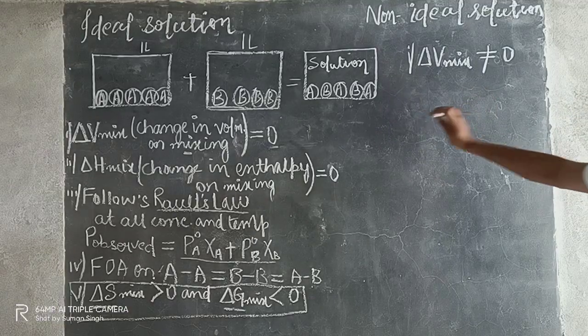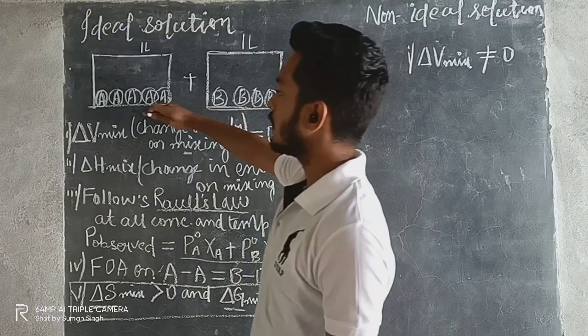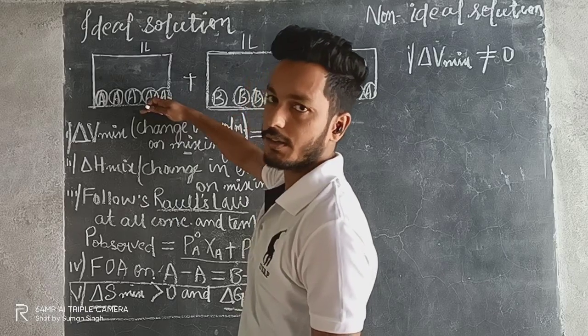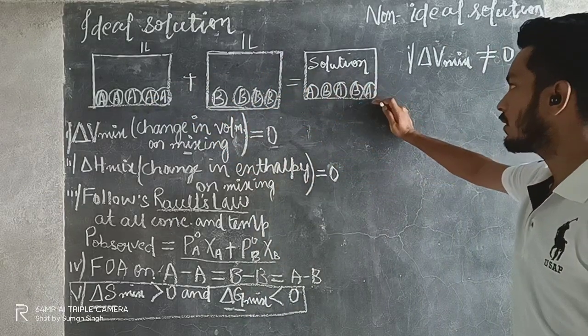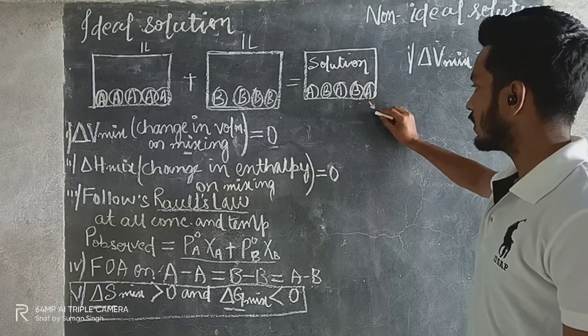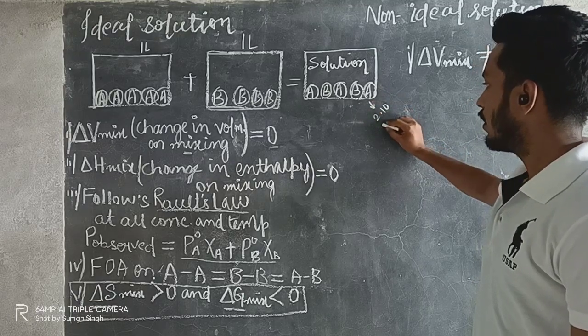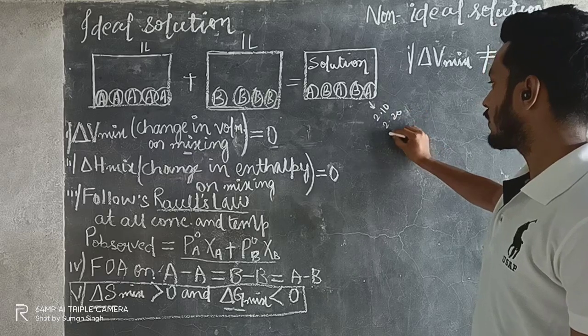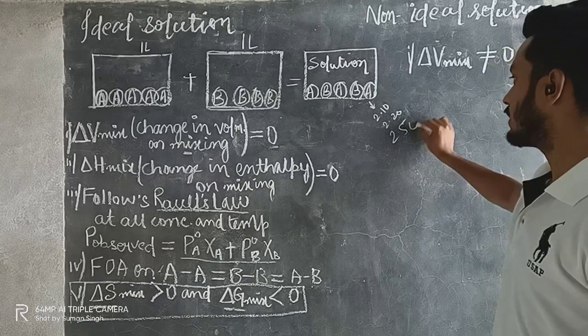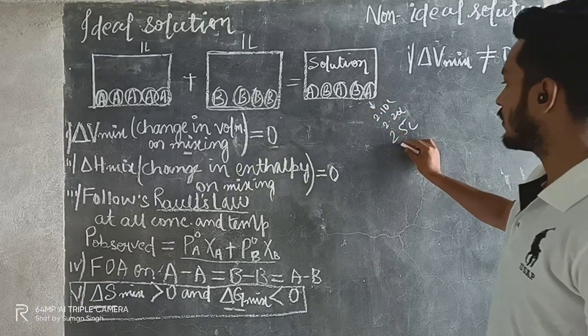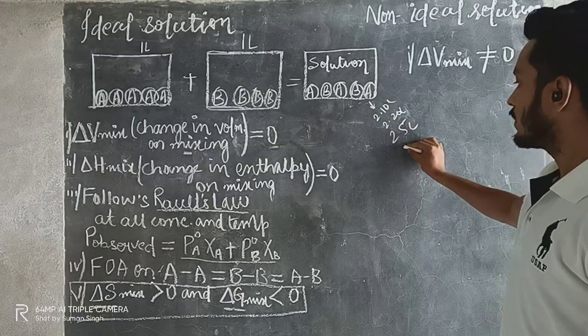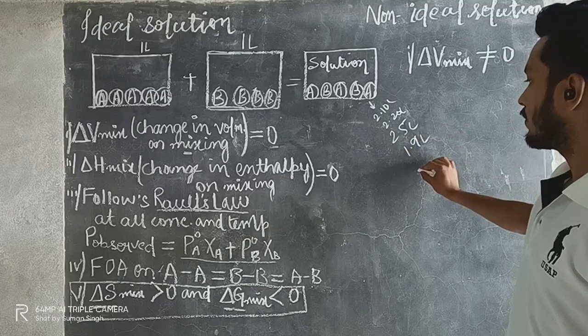Okay, I hope you are understanding. Suppose you have taken 1 liter and we have taken here again 1 liter, if on mixing it is coming like 2.10 or 2.20, or you can say 2.5 liters, if it is converting into this, it means there is a change in volume. Or you may say like this, it is 1.9 liter only, right?